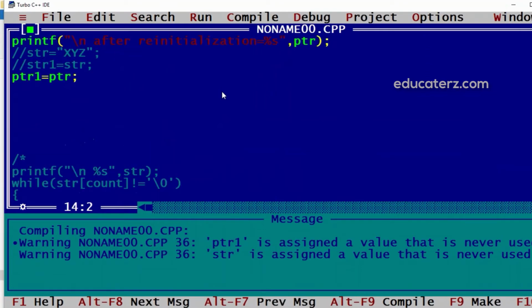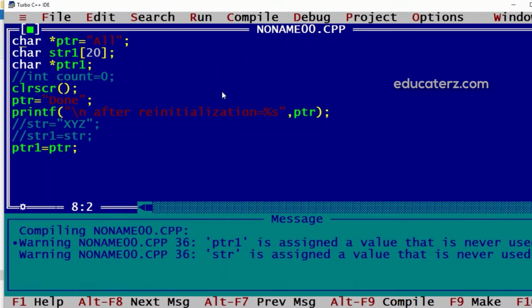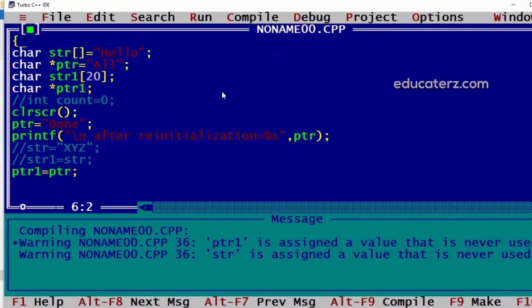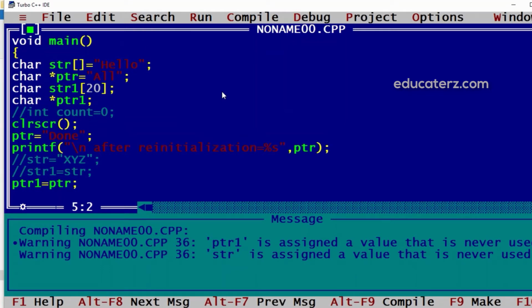These warnings are because we haven't used these variables. So here we can see that if it is a character array, we cannot reinitialize it. A character array cannot be assigned from one array to another directly. It should be one by one element of the character array. But if it is a pointer, then we can directly reinitialize, as well as we can assign one character pointer to another, which is holding the array address, because it is just one address.